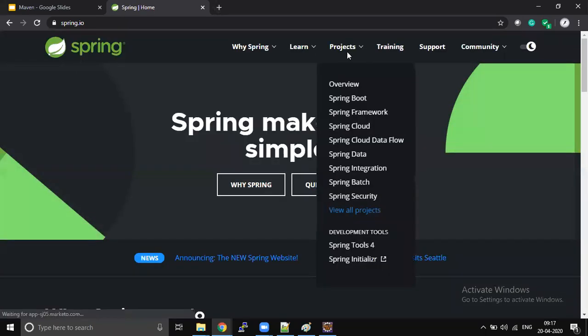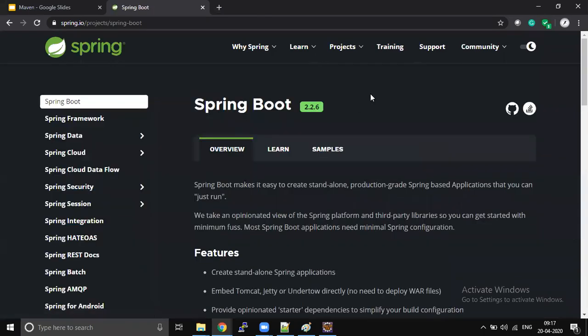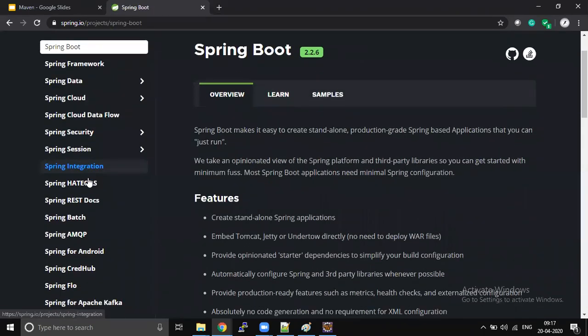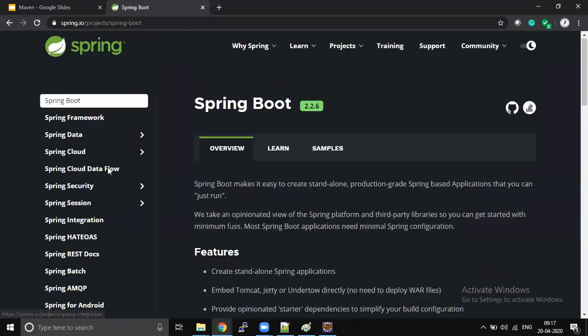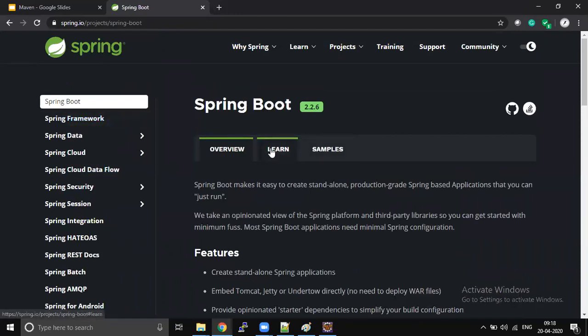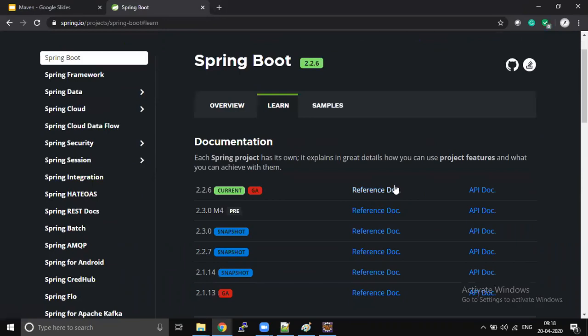Here are the projects which Spring supports. Spring Boot is one out of them. There are around 16 projects, I believe, that Spring supports now. There are community versions and a few projects they are going to retain, but Spring Boot is not going to be retired.